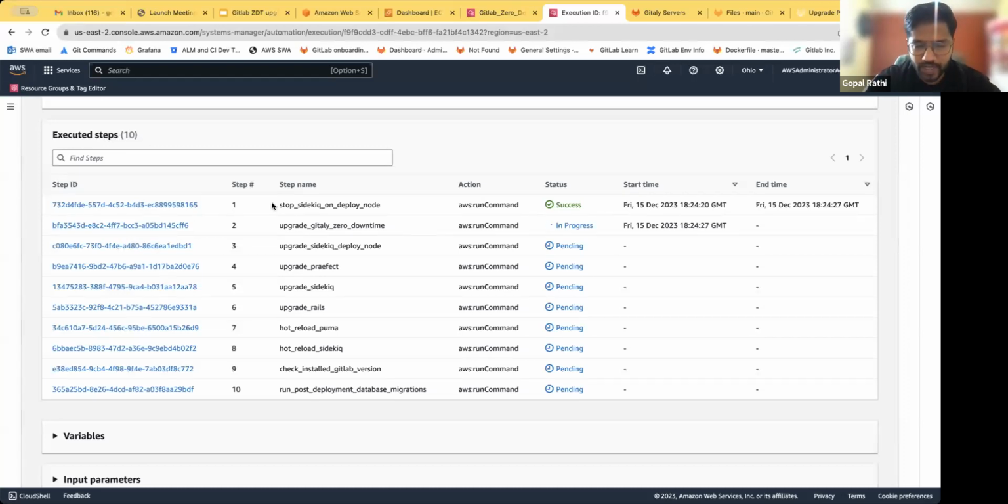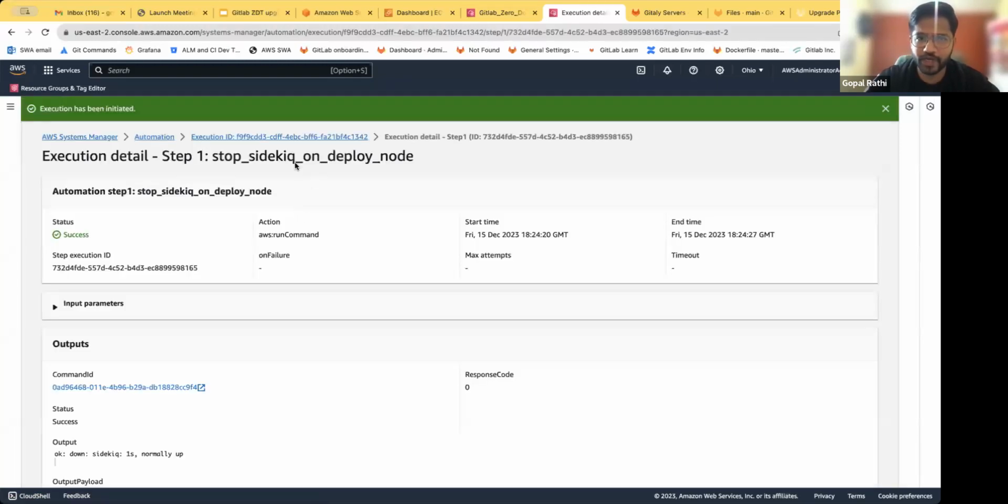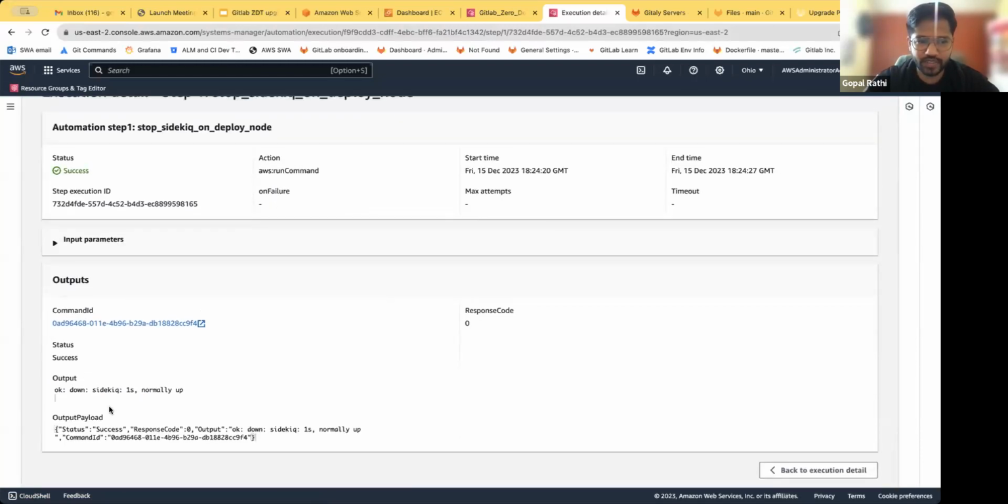So in this case, as you can see, the first step is to stop Sidekick on the deploy node. If you remember, we just provided one deploy node at the beginning. It needed one thing, so we provided one of the Sidekick nodes. We have 2 nodes in our cluster, so it's stopping Sidekick on that particular node. If you look at these logs, this is a really cool feature of AWS SSM. You can look at these logs as well, and you can see it has stopped the Sidekick here on